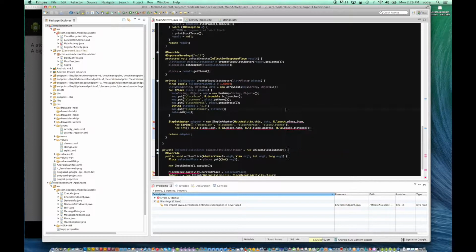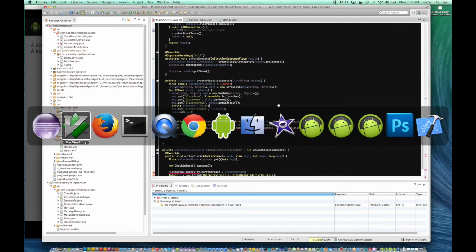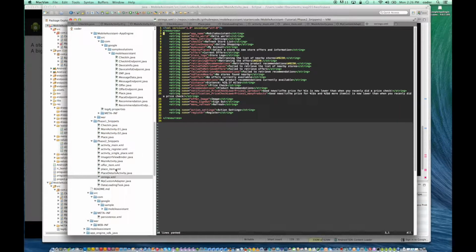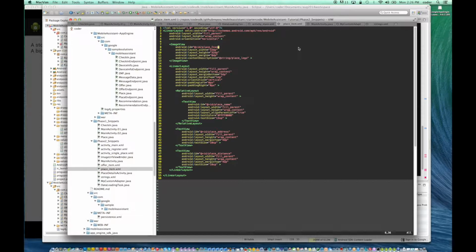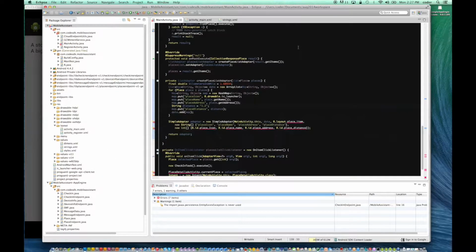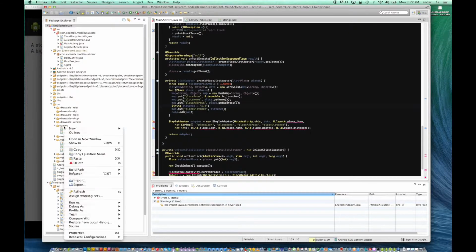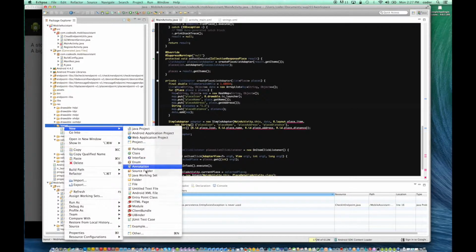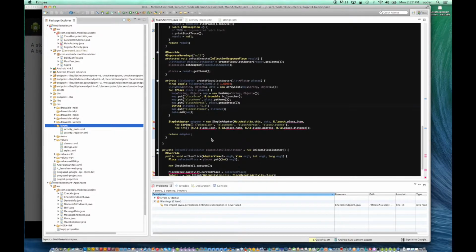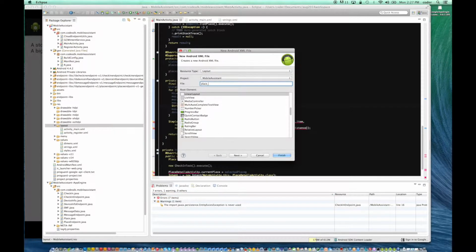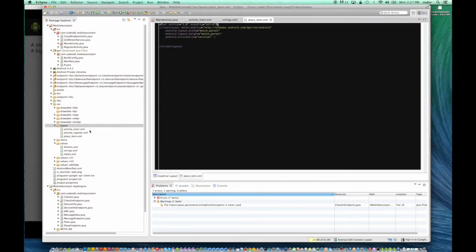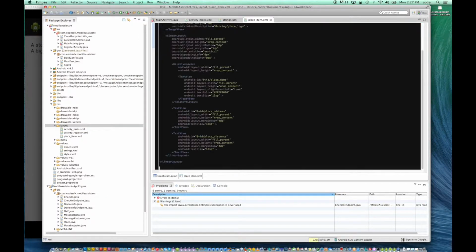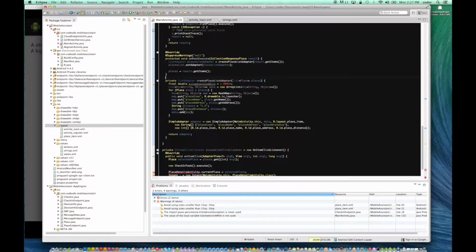So place_item is in our layout called place_item.xml. So we copy this and create that layout. So right click on layout, say new, and write XML file, place_item, and copy and paste and replace the code from the snippets. So now if we clean,